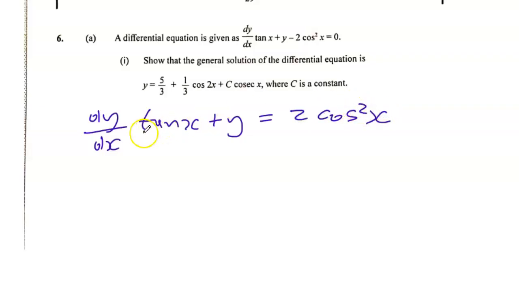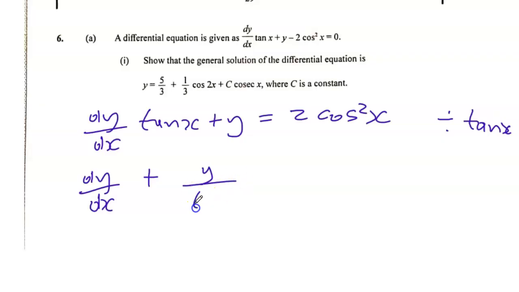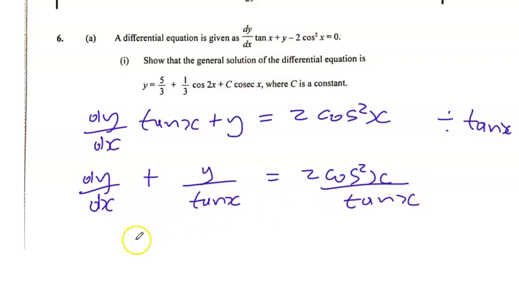And now I want dy by dx by itself. So I'm going to divide through by tan x. So divide the first term by tan x. I'm left with dy by dx. And divide y by tan x. So that's y over tan x. And divide 2 cos square x by tan x. So it's 2 cos square x divided by tan x. Alright, so I divide each term by tan x. I'm left with that. So the integrating factor